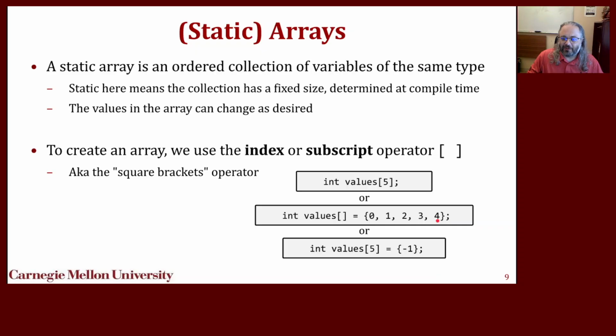If I want all of my values to be the same, I can give the length and one value in the curly braces notation, and it will copy that value into every entry of this list of length 5. So here I've given 5 unique values, which will determine the length is 5. Here I give 1 unique value, but I tell it the length is 5. That gives me 5 copies of that value. These are all ways of creating a static array at compile time in C code. Now, once we have an array,